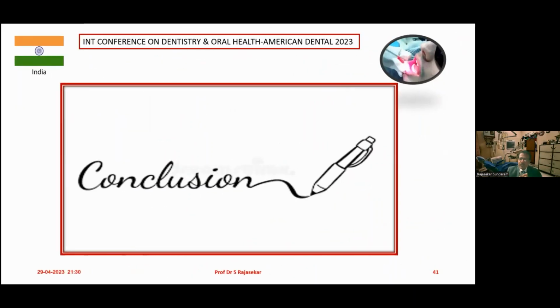So as the time is very short, I would like to conclude by saying that lasers are definitely a very good, effective tool in treating periodontal disease, but always remember that they should not be used as a monotherapy because SRP is always the gold standard. Laser should always be used as an adjunct alongside your conventional treatment procedures, and safety precautions should always be followed, and proper operating protocols and principles should be followed by the operators. If you follow all these protocols, you can definitely have successful treatment outcomes using lasers.